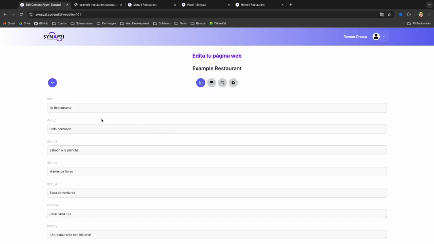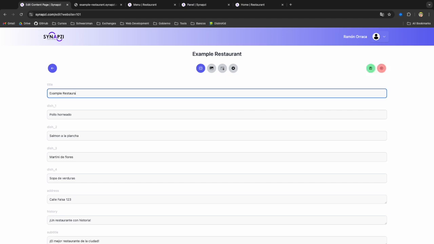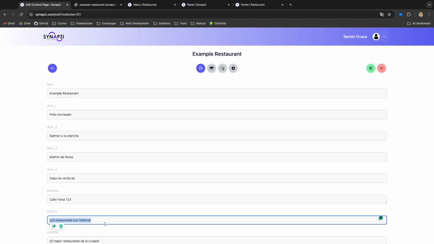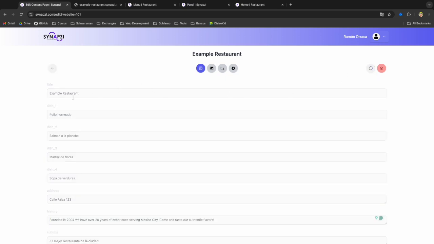We log into the editing. We can just change the name. Let's call that example restaurant. Change something else, the history. Let's put in whatever. We can save those changes, and we can also check images, change content, all the stuff